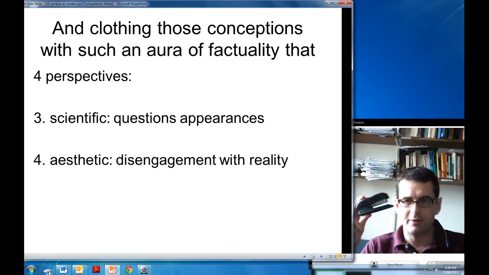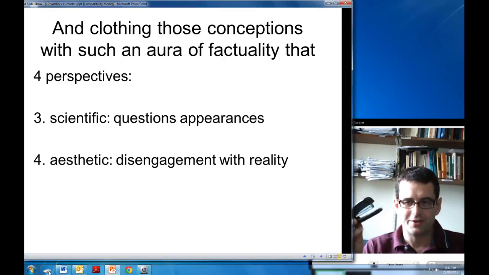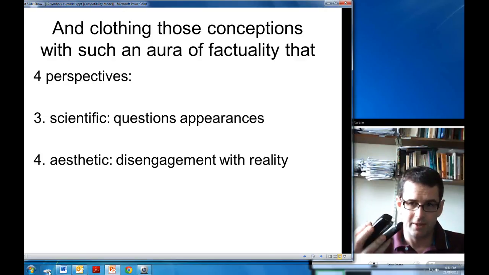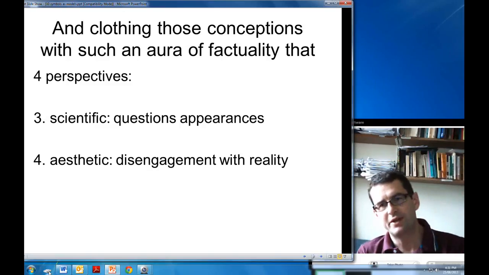Scientific perspective says, okay, well, it looks to you like a solid material hand is holding up a solid material stapler, but in fact what looks like a stapler is just a bunch of neutrons and electrons, which are in fact mostly space, mostly gaps, and your hand is mostly gaps. So it appears like a solid thing, but it's not really. And although it appears as matter, since Einstein, we've decided that matter is also a form of energy, and energy is a form of matter, and so on. So the appearance of the world is also questioned, but in a different kind of way.